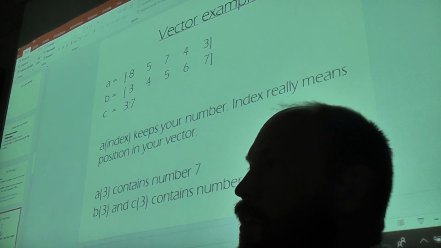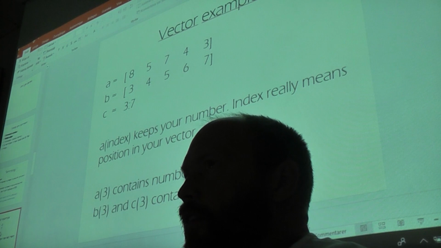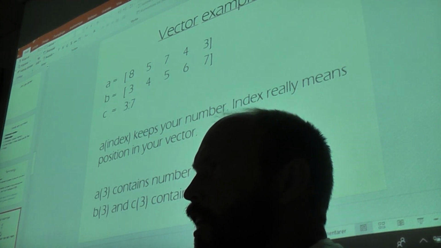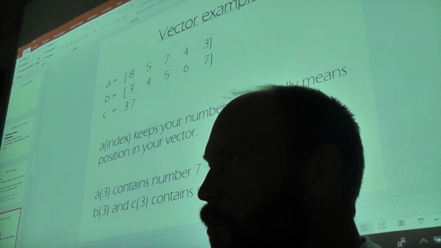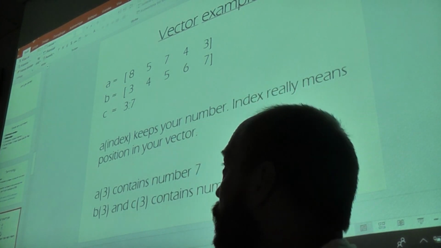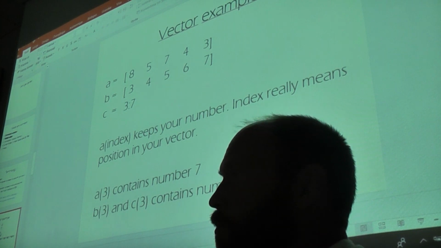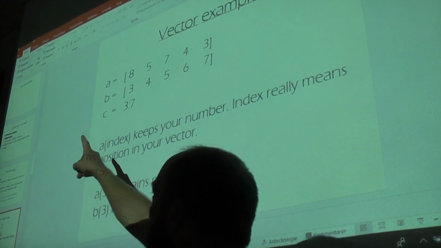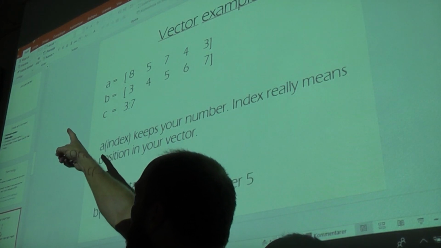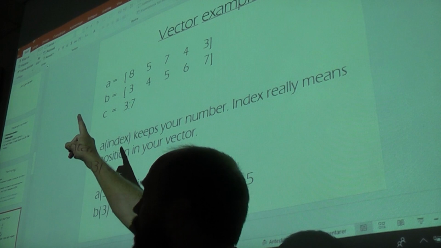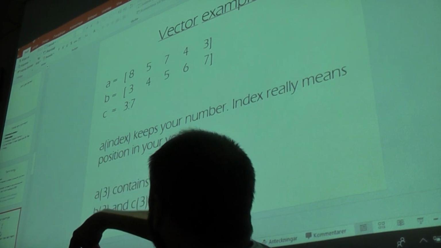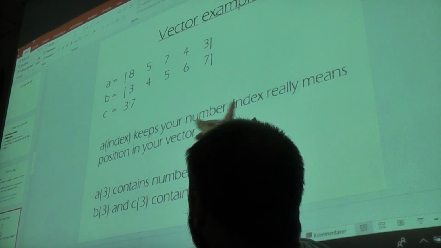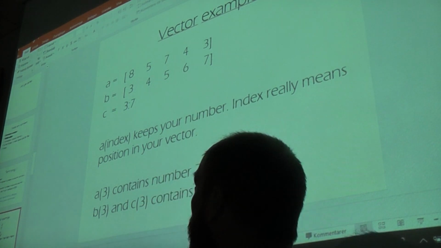So this is how you can create a matrix, but now you want to get things out of it because you want to do something with it. You want to read what's in there and so on. And then you use parentheses. If you take the variable name, parentheses, and the index of the number, you will get that. The index really means the position in your vector.